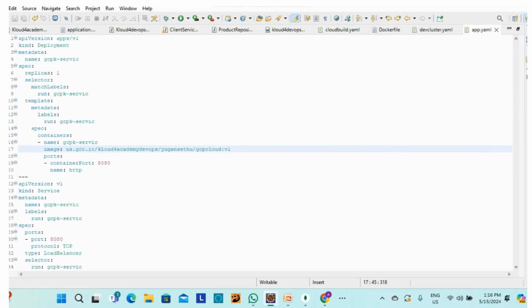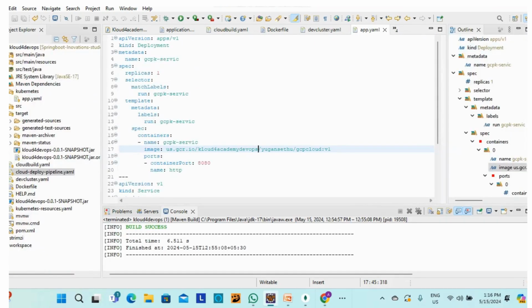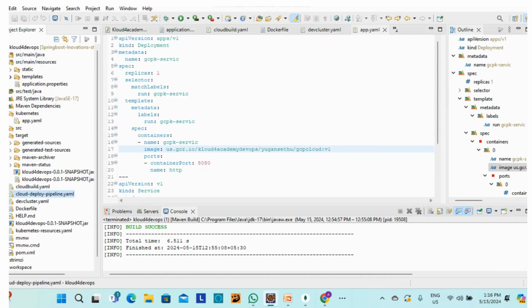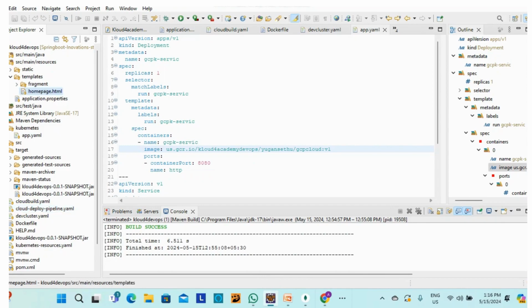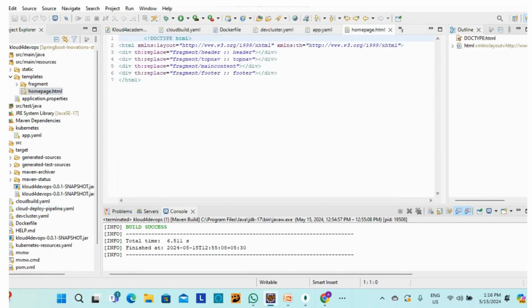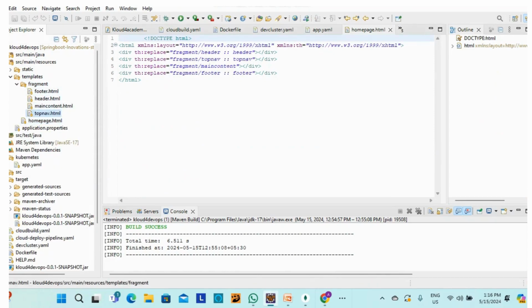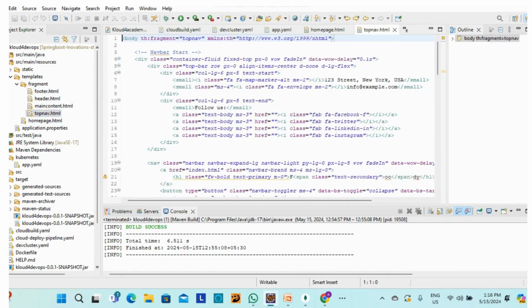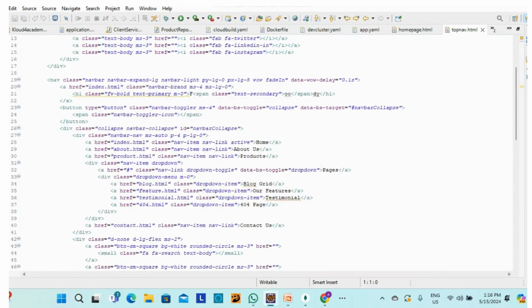App.yaml file, what is that? This is a deployment script. Okay. Now I am going to change the script. Where is the script? I am going to the code base, resources, templates, homepage. Homepage is built in top name. I think you can go to top name. Click top name. Where is food is